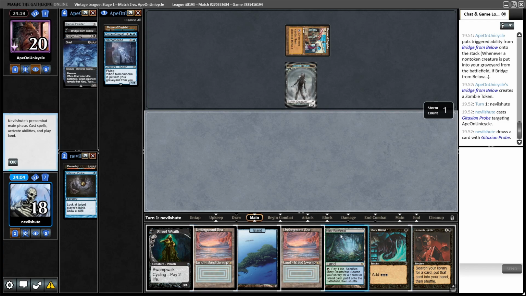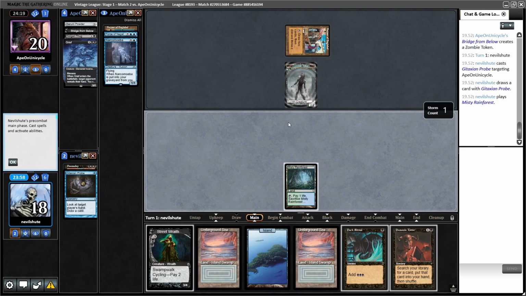I'm not sure how much under pressure I am. Probably a decent amount. Okay, so I'm at 18. I'm, at a minimum, taking 2 more next turn. I'll be at 16, 15 with a fetch land. Then I cast Demonic Tutor. Then I pass again. And they...